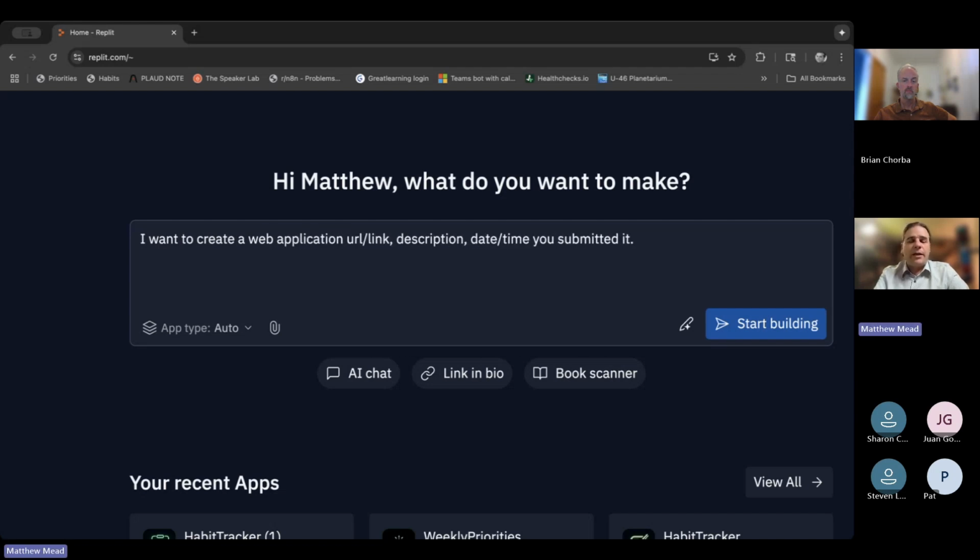Now, why am I typing that? I don't know. I'm just telling it what I want, right? This is just how it occurs to me. I have a technical background, so I can put in technical jargon if I want. But if you didn't have a technical background, you wouldn't put in technical jargon. I'm going to try and not put in a lot of technical jargon because I think that's a more interesting test. So I want to create a web application that saves